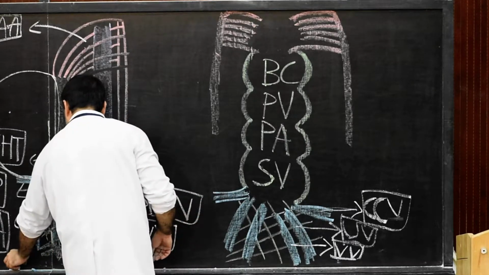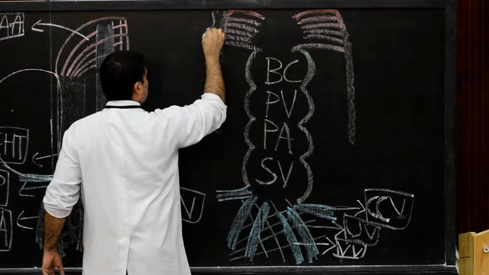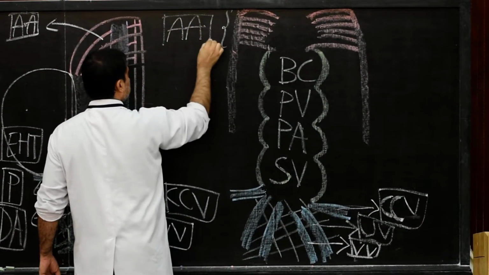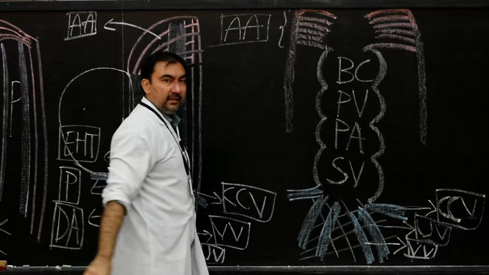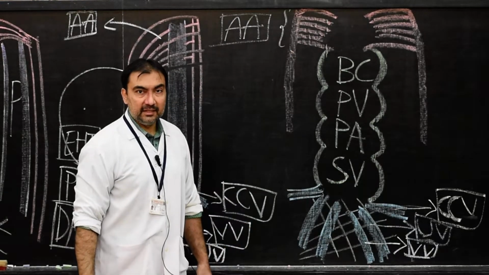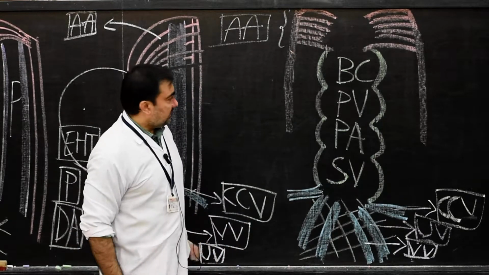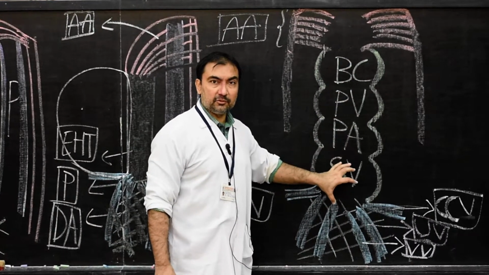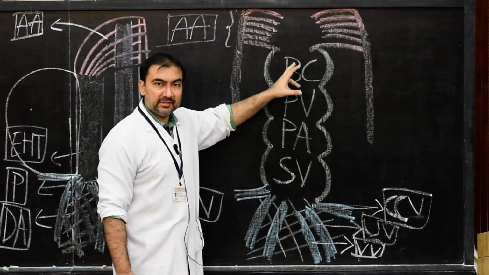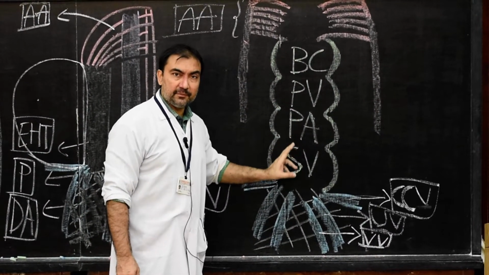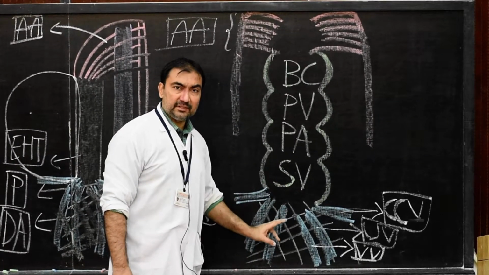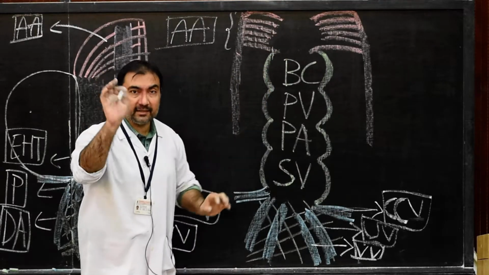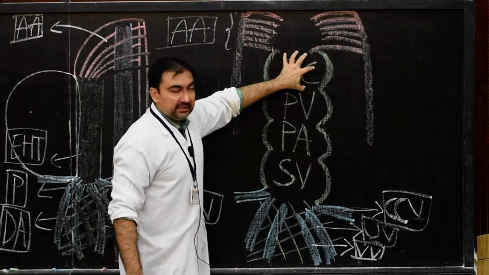So let us name them as arterial arches, 1, 2, 3, 4, 5, 6. Please mark them. Arterial end, bulbus cordis. Now we show that the entire heart tube has divided into 4 different dilatations. Those dilatations from cephalic to caudal will be bulbus cordis, primitive ventricle, primitive atrium and sinus venosus. Sinus venosus is known as the venous end of the heart tube. Bulbus cordis will be known as the arterial end of the heart tube, but there will be changes in bulbus cordis.